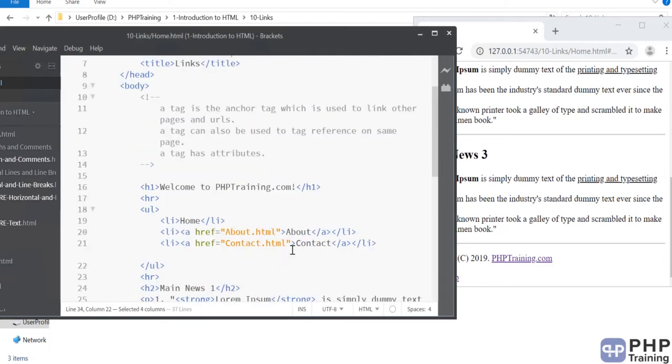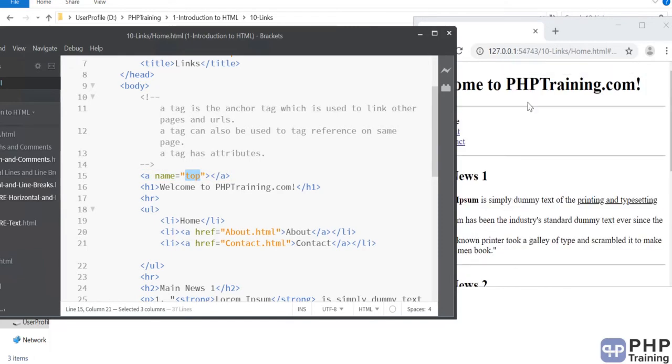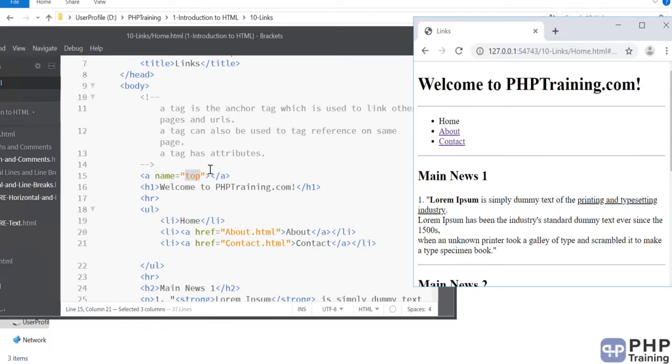Okay, so let's define that anchor as well. So how do you define an anchor within the same page? This is basically a reference you are putting inside your page, so that when someone wants to go to the middle of the page, or from the bottom to the top of the page, you can handle it via these anchors. Okay, and then you don't put any text inside it because that will be visible. You don't want any anchor to be visible, you want it to be invisible, so you don't put any text inside it. Now you have this anchor name defined somewhere on the top, right? It's invisible because you haven't put any text.